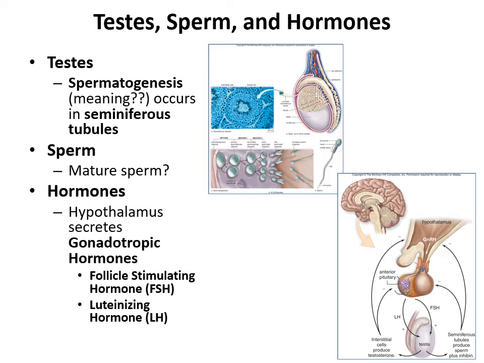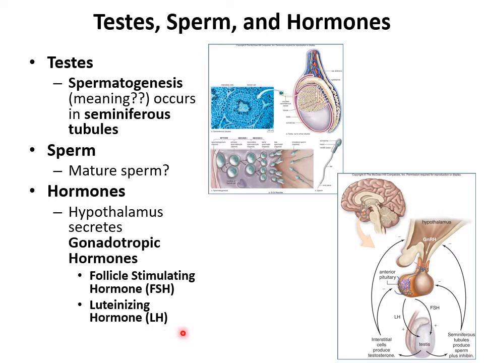The other point that we make on this slide is the importance of hormones in the male reproductive system. So the hypothalamus, which we've mentioned before, secretes gonadotropic hormones. Okay, so gonad, again, being the reproductive organ. So gonadotropic hormones are follicle-stimulating hormone and luteinizing hormone. And you're going to hear the same names of these hormones in females as well, but they'll have a different purpose. So in males, the follicle-stimulating hormone, or FSH, promotes spermatogenesis in those seminiferous tubules, okay?